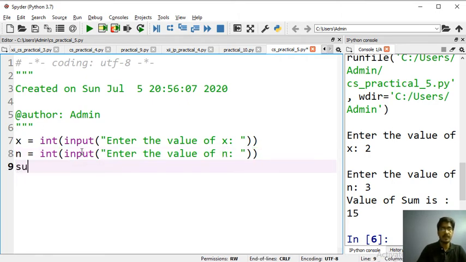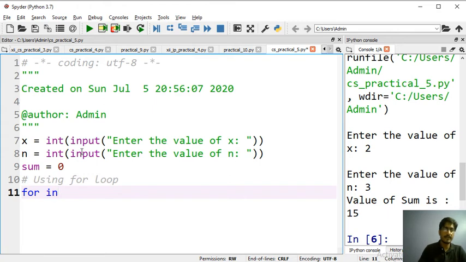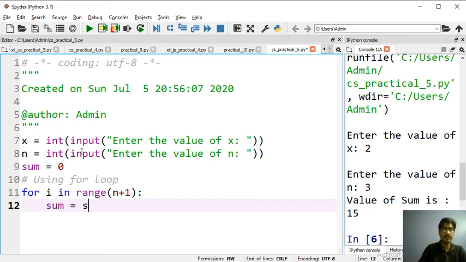Now we will create sum equals 0, and I am creating it using a for loop. I will do it with both loops. For i in range 0 to n plus 1, you pass, and sum equals sum plus x double star i, or you write sum plus equals x double star i.